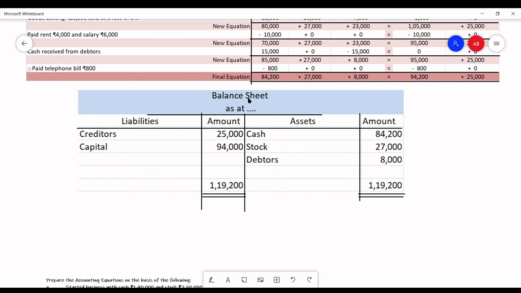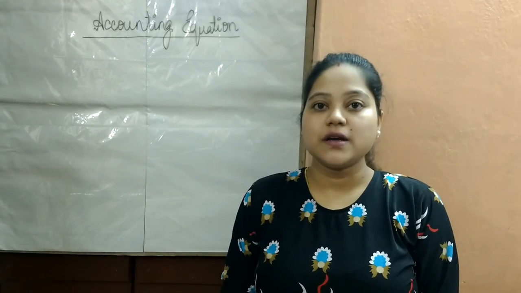A balance sheet always tallies on both sides. Assets will always be equal to liabilities. So the balance sheet also shows you the correctness of the sum. In this video, I have already shown you two grounding sums from this chapter. The rest of the chapter